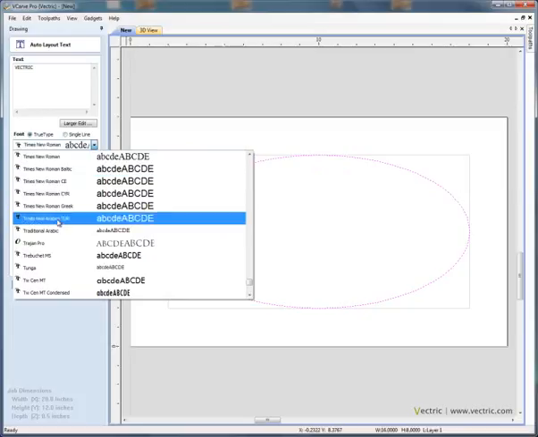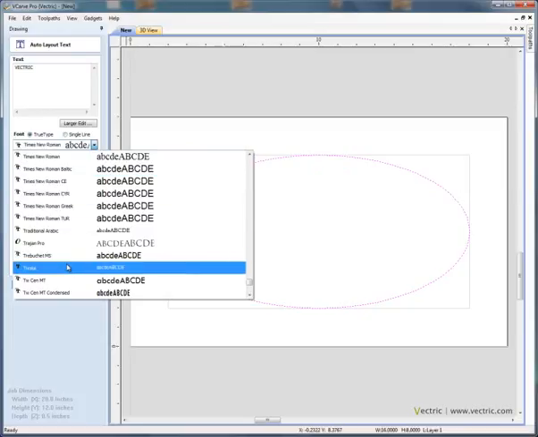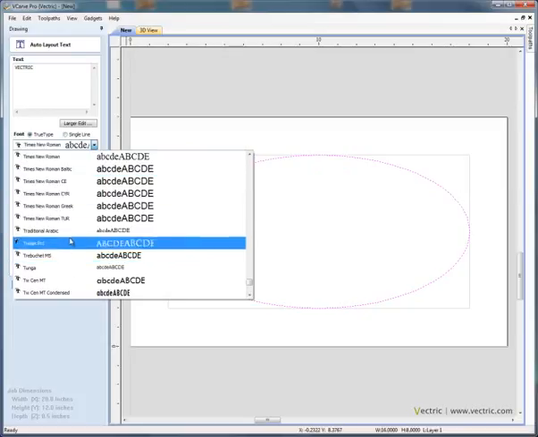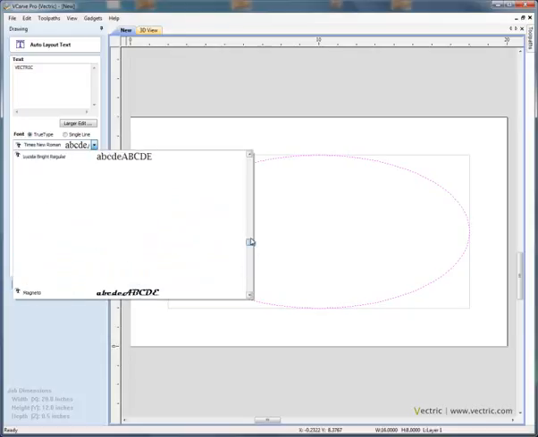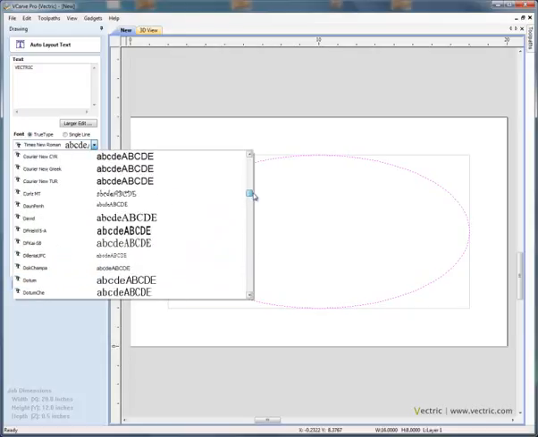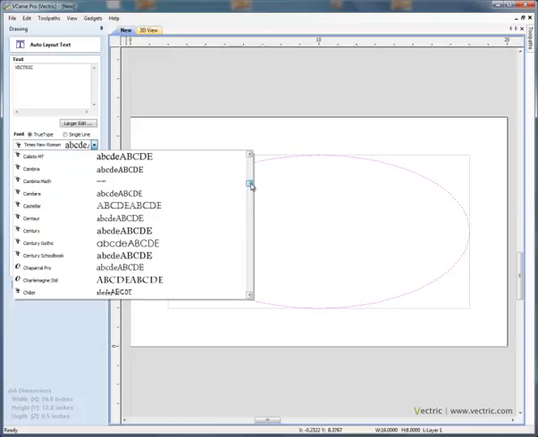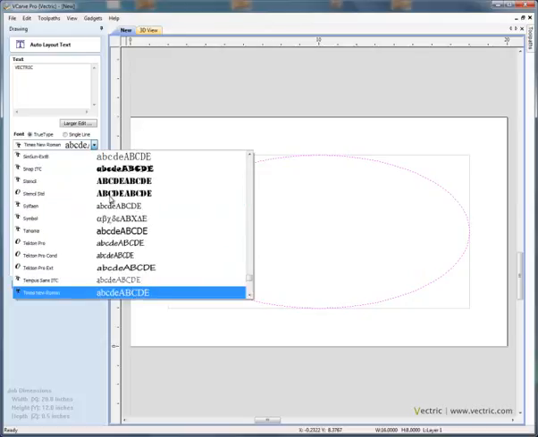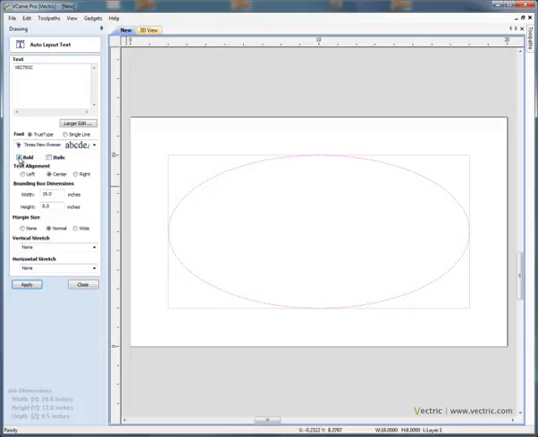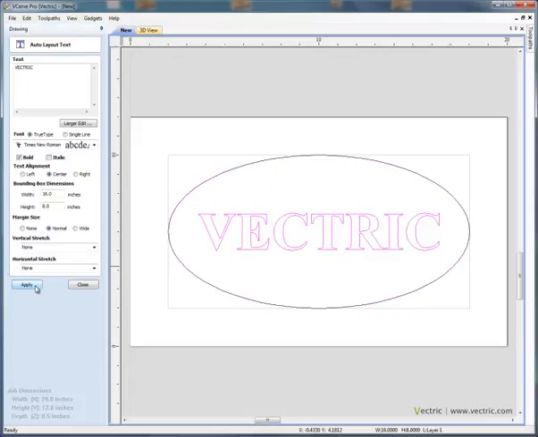Any TrueType fonts that you have installed on the PC will automatically become available in this list. So if you've got special TrueType fonts that you've purchased or installed with other software, then these will become available to VCarve Pro or to Aspire. So let's select Times Roman. We'll make this bold. We want it to be centered inside the oval, and click apply,